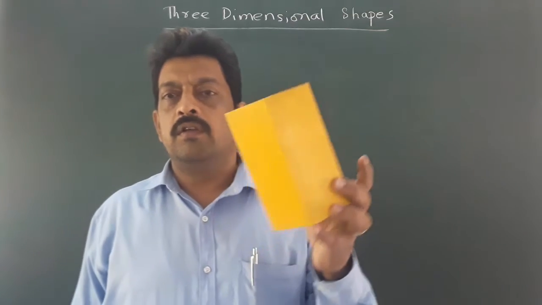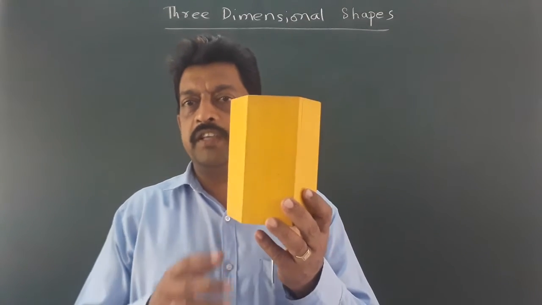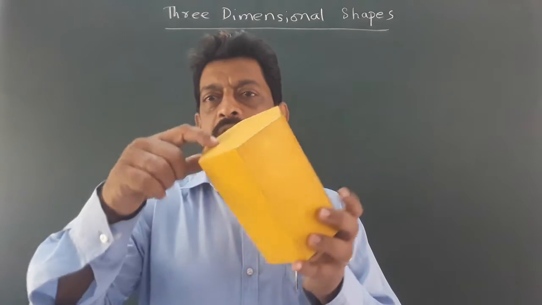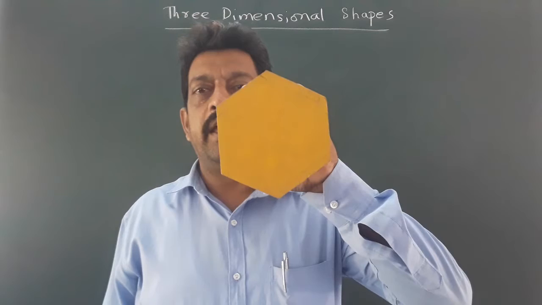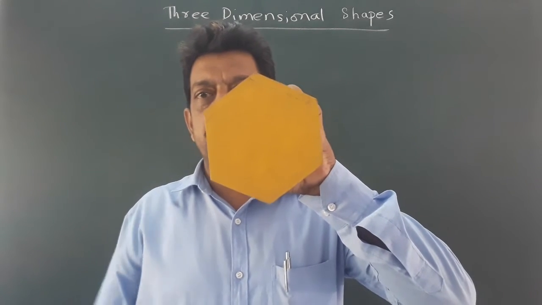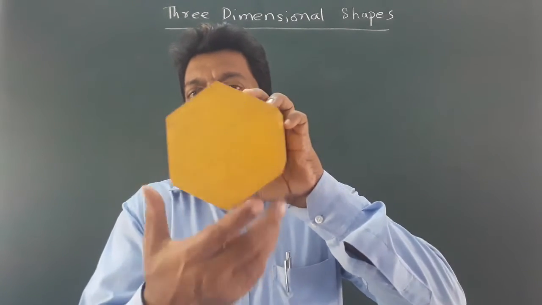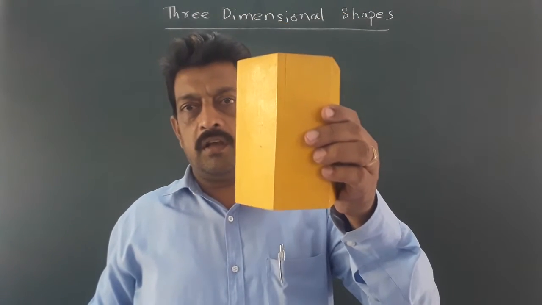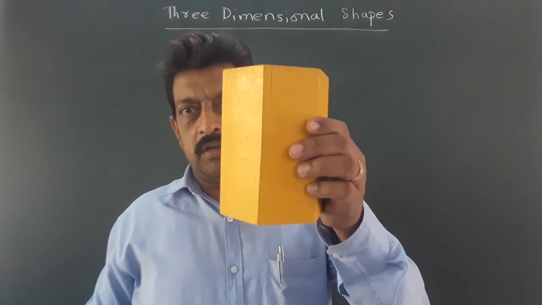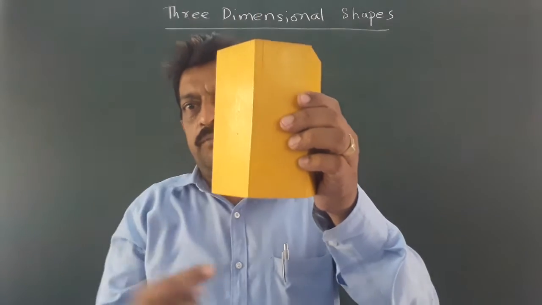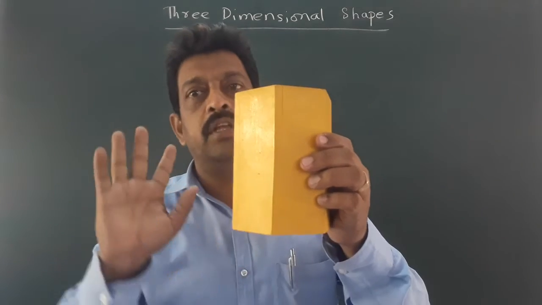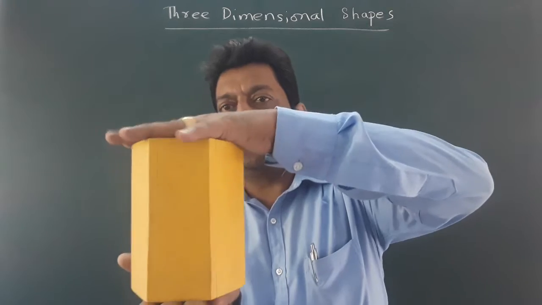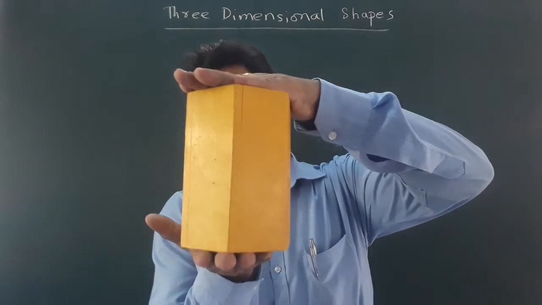See, this is a 3-dimensional figure. As you can see, it has all the 3 dimensions. Here the face is a hexagon. As you can see, it has 6 sides, and this side is also a hexagon. Means if we consider this polygon in this position, then the top and the bottom both are hexagons and both are parallel plane figures. As you can see, this hexagon is parallel to this one.